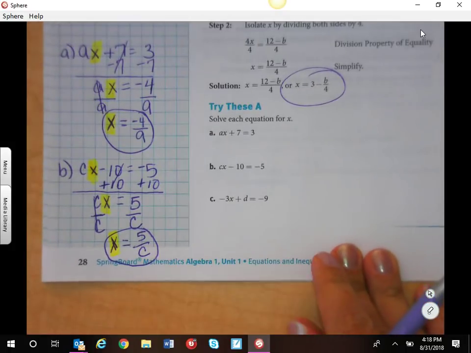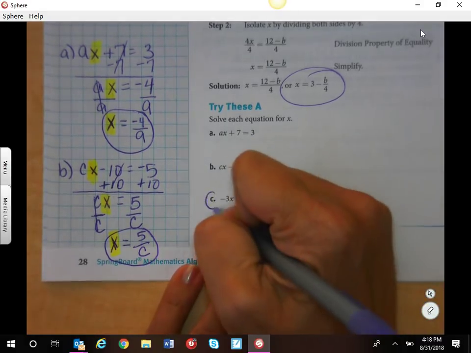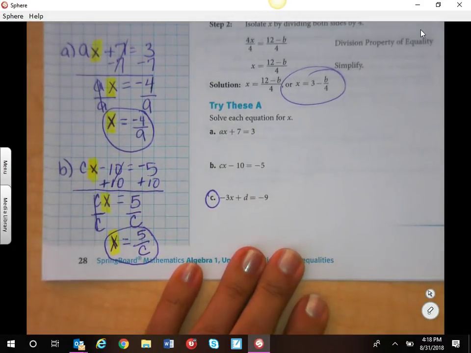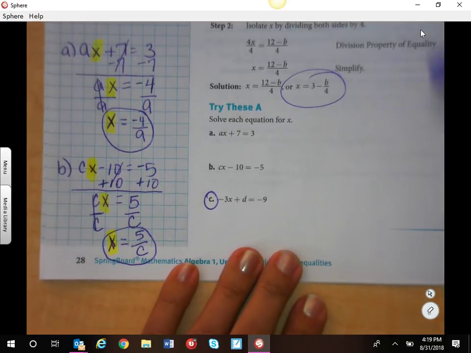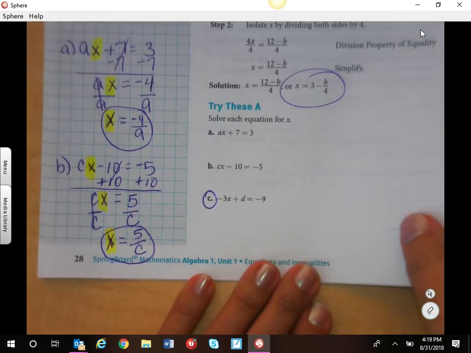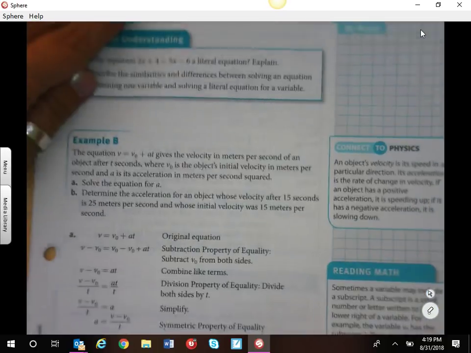What I would like you to do is try letter C, and I'm going to put that on the Google form for you to look at a couple of different multiple choice answers so you can choose which one matches your answer. So we'll do that part of the Google form after the video. Now, on this next page,